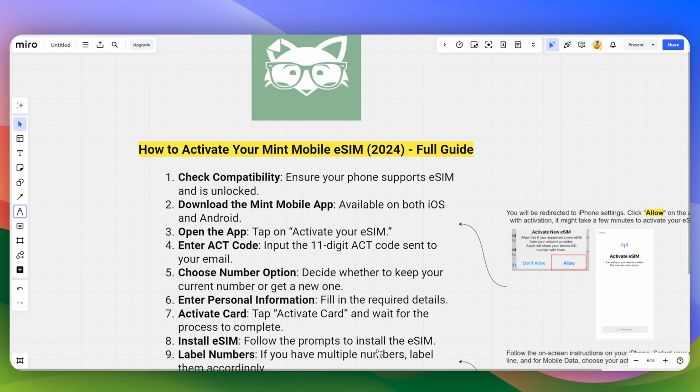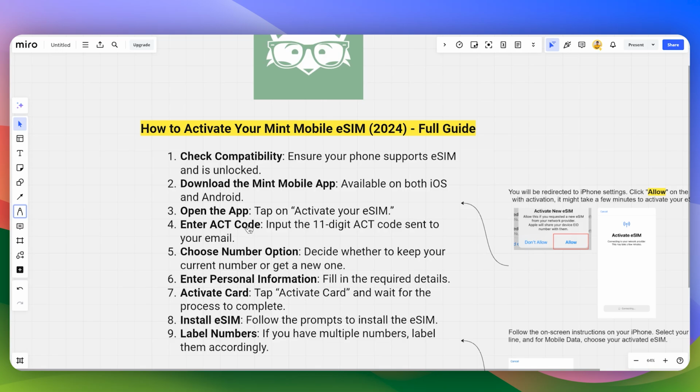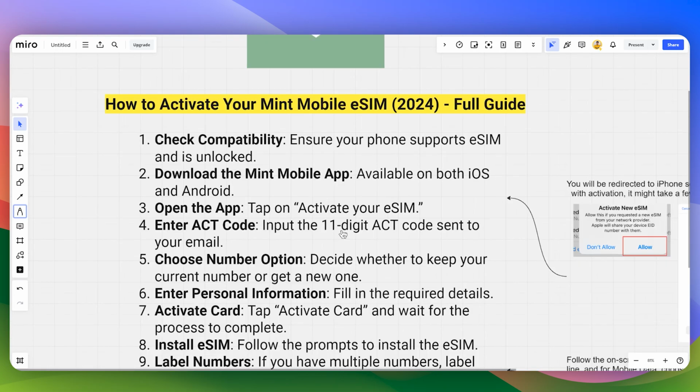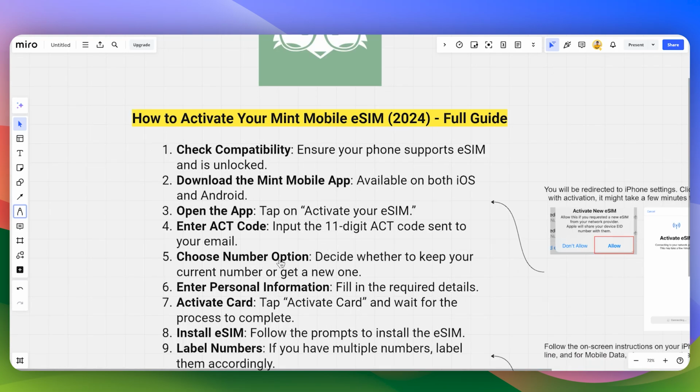Now once you have purchased the SIM, you are going to receive an 11-digit code that is sent to your email address. So you need to simply start by tapping on activate your eSIM. Then you need to input the 11-digit code. As I said, it is going to be received on your email address. Then you need to choose the number option. You can decide whether to keep your number or to get a new one, depending on which one suits